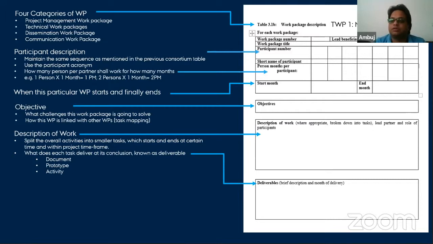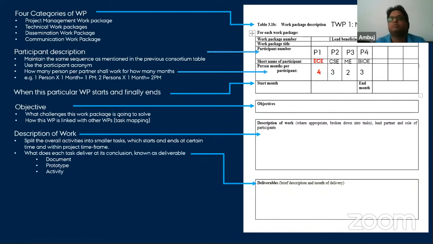So let's say the work package is media streaming. You have these partners. Let's say your internal departments are the partners. I've just randomly named them ECE, CSE, whatever came to my mind. Then you decide how many people for how many months, or weeks, will be required. You can also define it as weekly or daily.